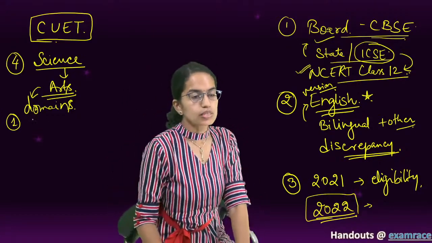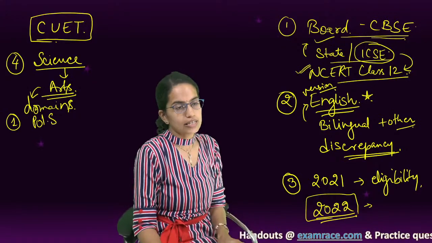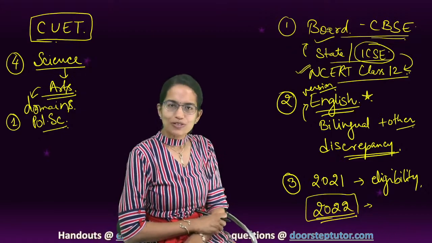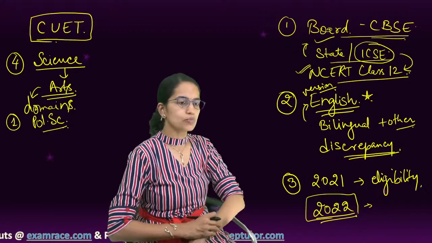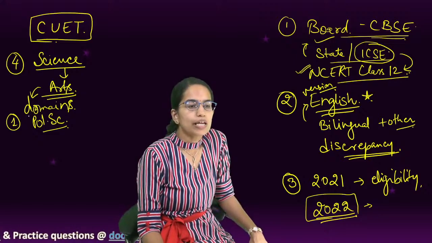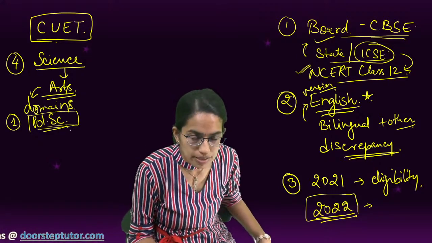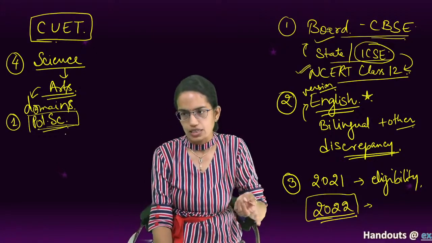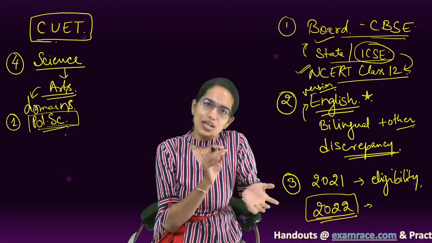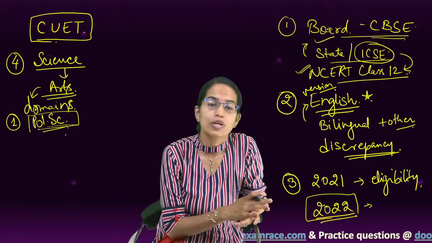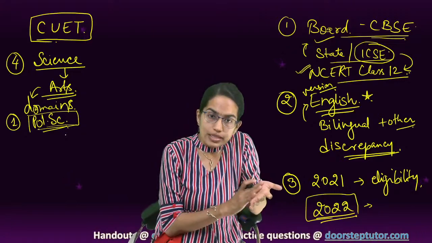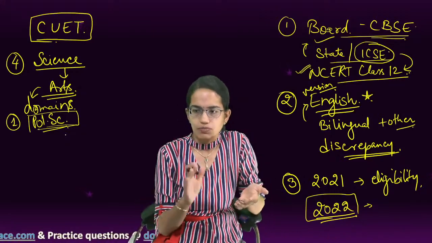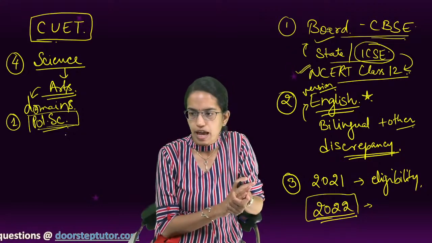So let's say students are looking to get admission into political science, BA political science. Now if you are looking to get admission into a BA political science program, we would recommend that you take political science as one of your domain subjects. The reason being, each university would have their own discretion. Now since each university would have their own discretion, it's very important that you select at least one subject which belongs to that domain. Yes, Sachin and others, if you have questions, please mention them in the comment section and I'll be happy to take those.